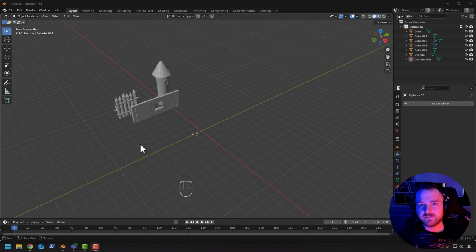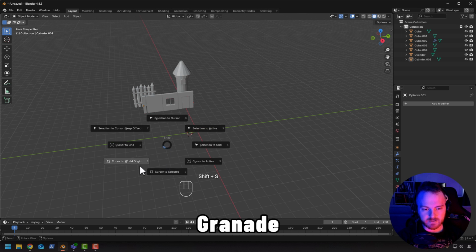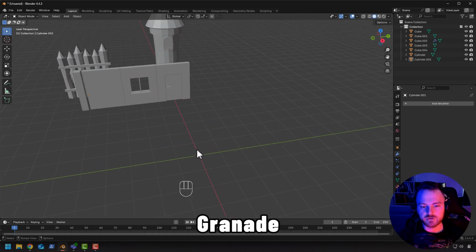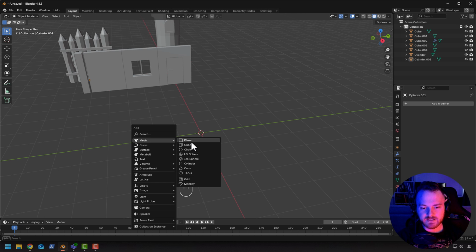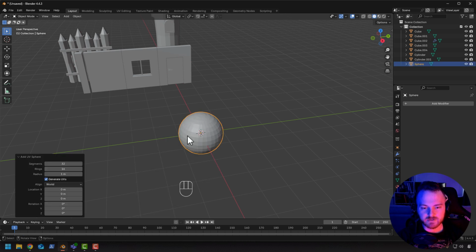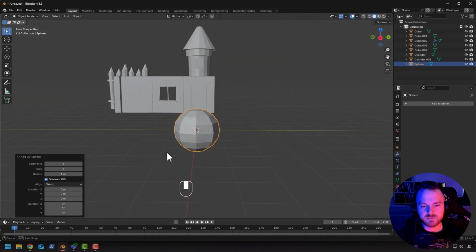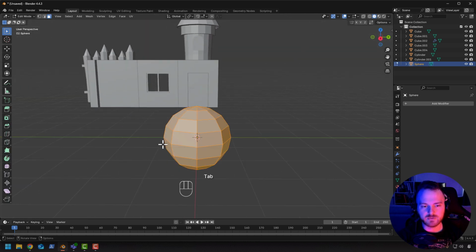And now to have also a little bit of a militaristic theme, let's create a grenade. So again, I put the cursor on the word origin, and this time I'm going to start from the sphere, but this one is too detailed, so I'm going to decrease the number of segments, probably even to 8. Maybe 12, let me see. No, 8 will be enough, and here let's also make 8. That will do it. Then I go into the edit mode,